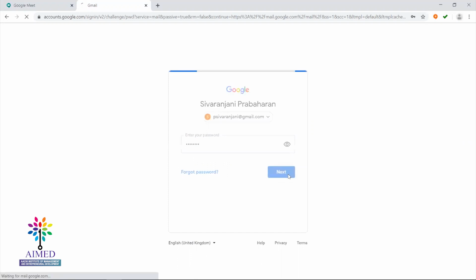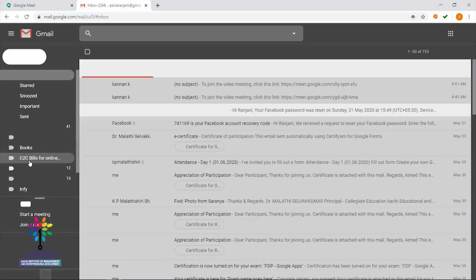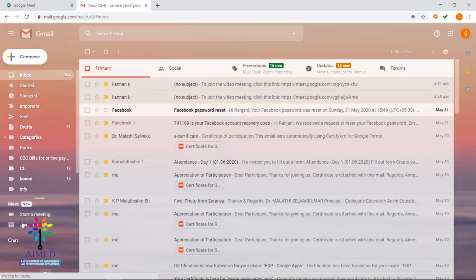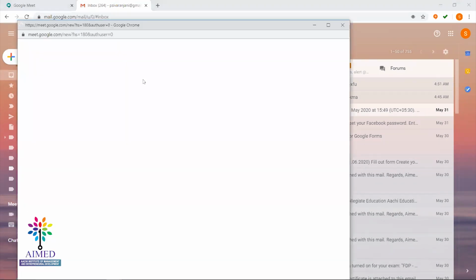So if you open your Gmail account, on your left hand side options, you'll find Google Meet. So if you see here, Meet New, you can start a meeting or you can join a meeting. If you click on Start a Meeting,